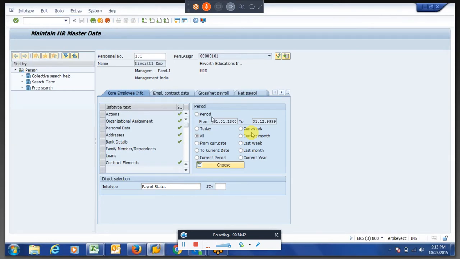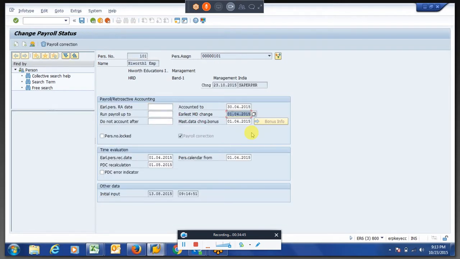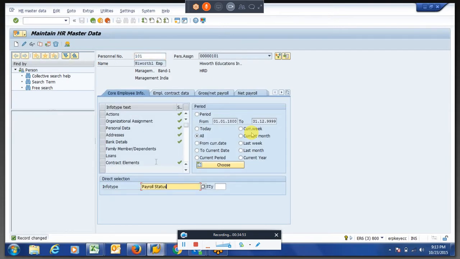Let us say you are talking about unauthorized absences or such kind of thing. I will reset the payroll status again. If you enter any of the options or presence, or if you delete anything, it will trigger a retro again.